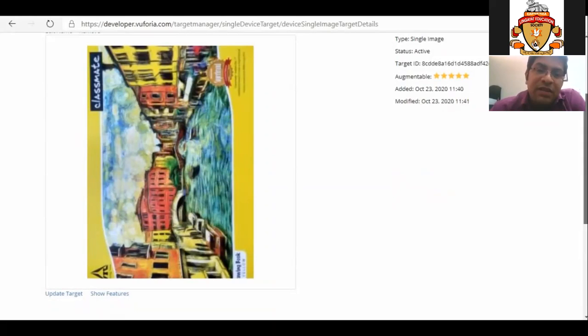Asymmetry means that if there is symmetry in the picture, and we rotate the picture about that particular axis, then the computer vision algorithm or Vuforia will not be able to recognize the orientation change because of the symmetry. So the more asymmetrical an image is, the higher the augmentability rating will be.